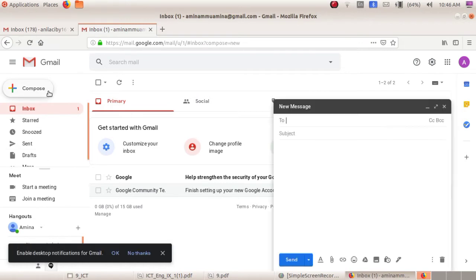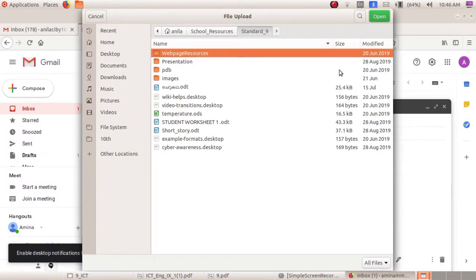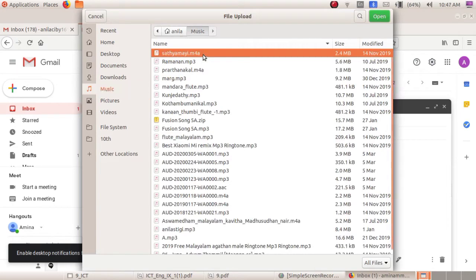Then you can send audio files also. How can you send audio files? In the same way, click on the attach files option. Then you can select any audio. Again, I am selecting this audio.